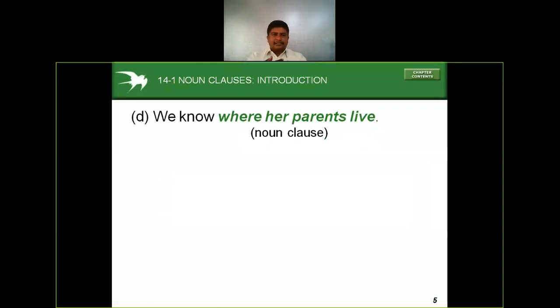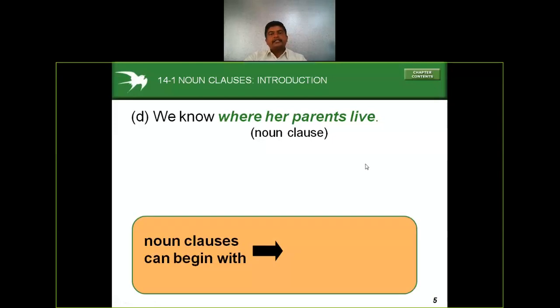I shall move to the next example. I am going to read out this example. We know where her parents live. It's a noun clause. Here also, we is the subject, know is the verb. The rest, where her parents live,